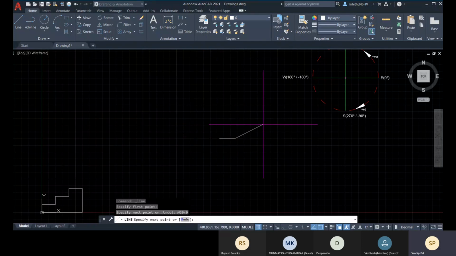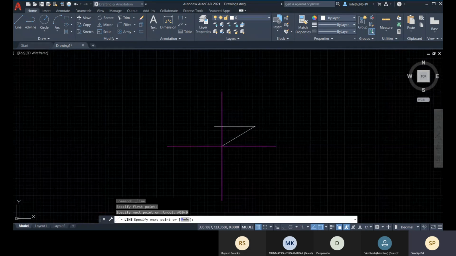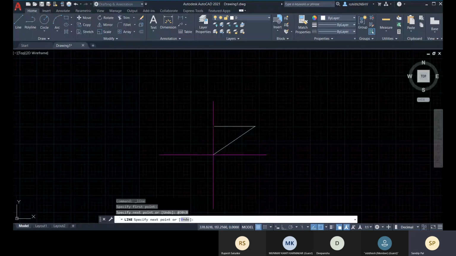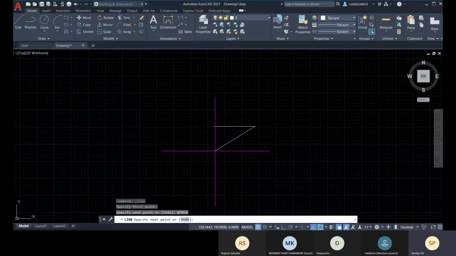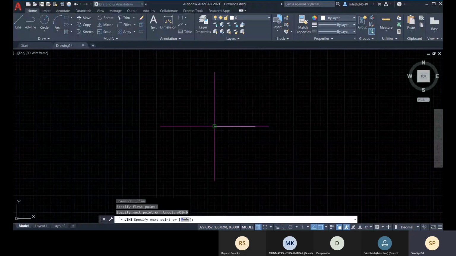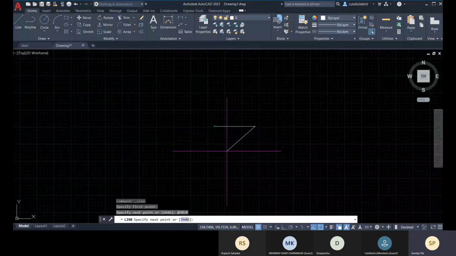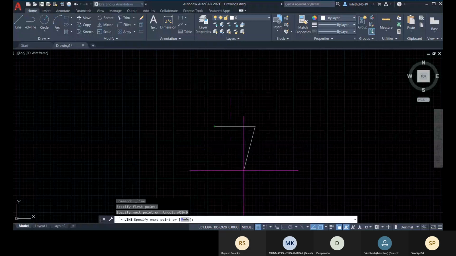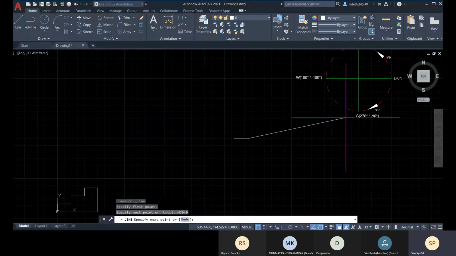So from the east, it will take the 60-degree. So from the east direction, I have to calculate what is the angle for the placement of this line. And if I place on the right angle, then only it can maintain the 60-degree with this line.